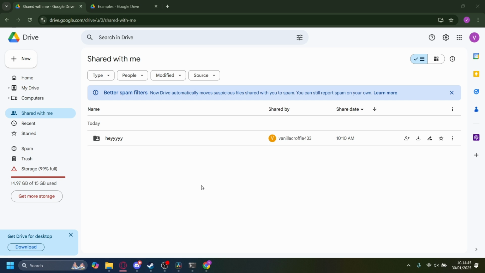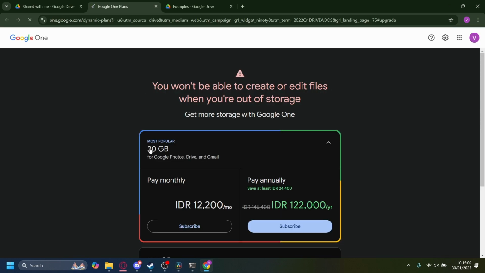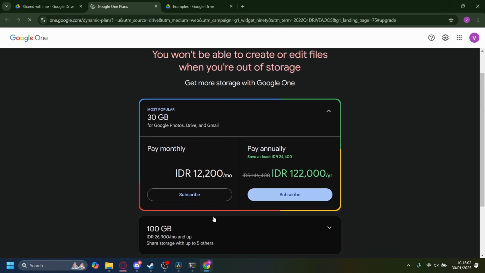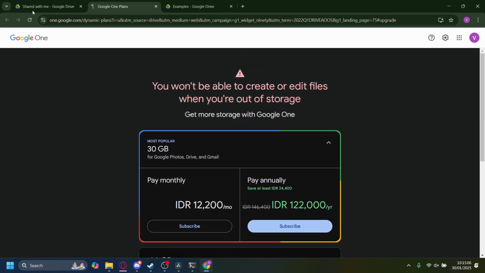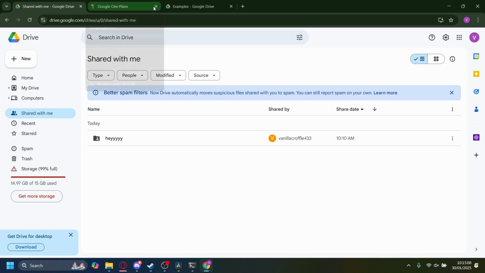Hi, today I'm going to show you how you can get 150 gigabytes of free storage on Google Drive. So you can see on my main here, my account is almost full. You can see there's only about 300 megabytes left. And if I want to get more storage, I will have to pay for a subscription, right? So about this much for 30 gigabytes and then about this much for 100 gigabytes. It's pretty expensive, right? So the thing we're gonna do is that we're gonna exploit one of Google's generosity, you